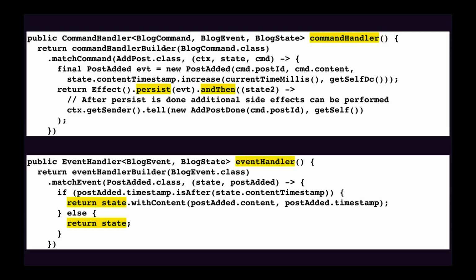The event handler is invoked once the event is persisted. There are some other interesting things that I'll show you in a moment, but mainly the event handler is there to change the state of the entity object itself. Say in the bank balance, it's the one that actually does the change of the balance of the account.